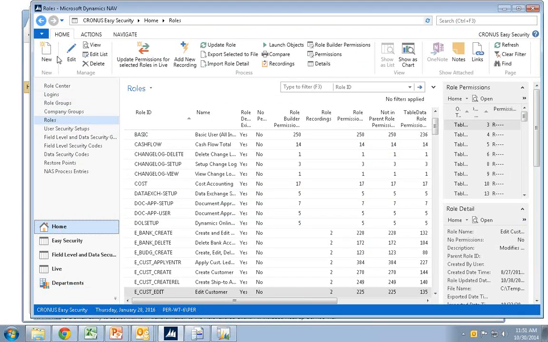One thing that, by the way, is really cool about 2013 R2 and 15 is that the security where you normally have to log out of NAV and get back in to pick up the new security, that's not how it works any longer. As soon as you change the security, it will actually apply to the user. So let's say you actually have a permission error.